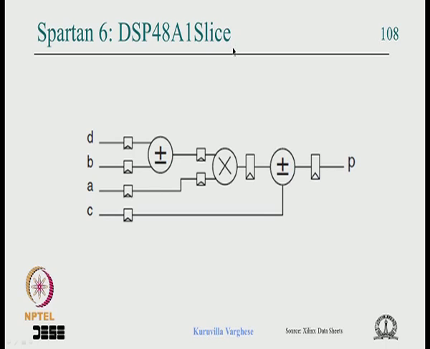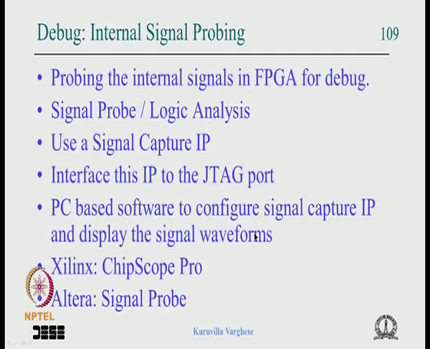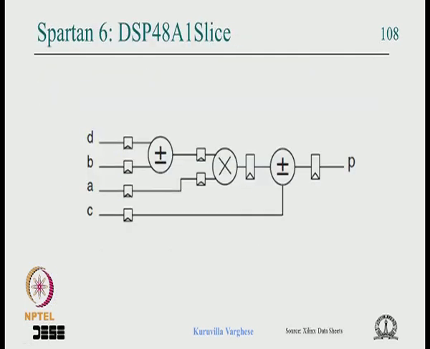This output can be taken out or it can be taken to another adder which is 48 bit. So this is sign extended, added with a sign extension, and that output is available. This helps in implementing the DSP kind of algorithms, and this is called the DSP48A1 slice in the Spartan 6. And in addition I must mention, I have not put it in the slide, but I should mention that